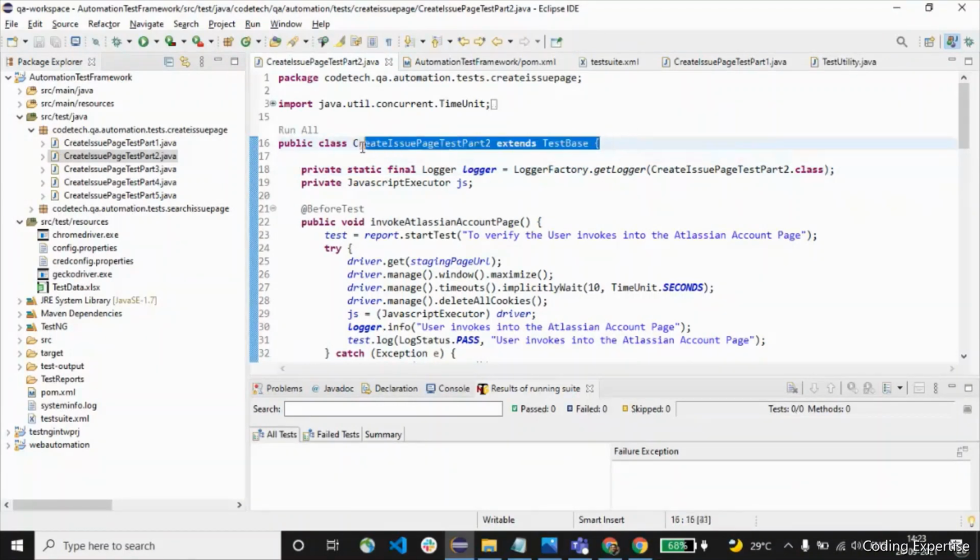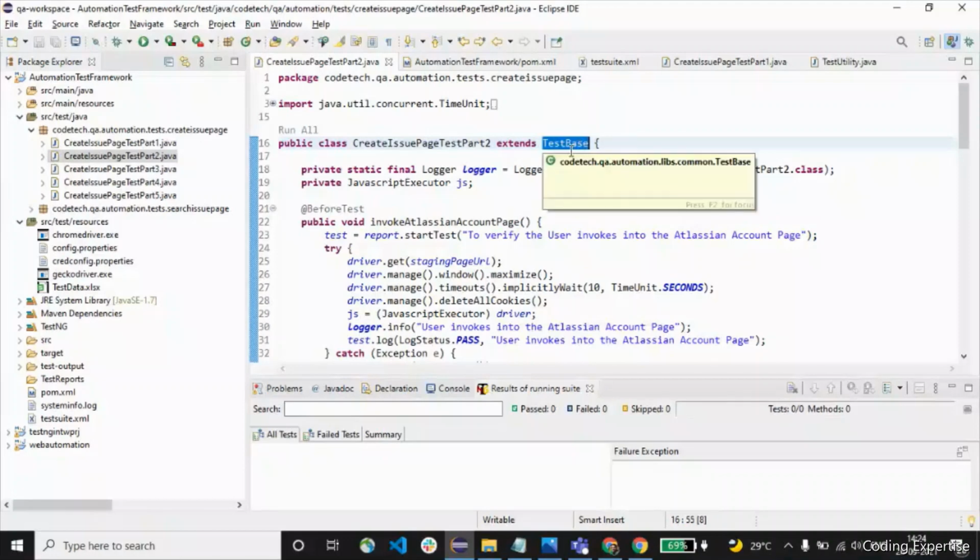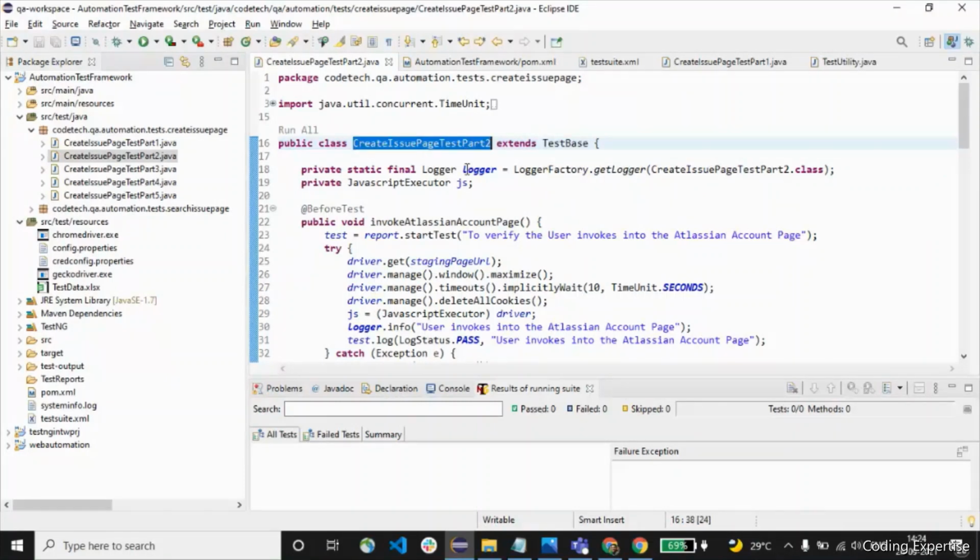So this is the concept of inheritance, wherein you could see this child class acquires the properties of a parent class. So it tries to use the methods or variables present inside this particular test base inside this child class. We are going to reuse those methods from the parent class.